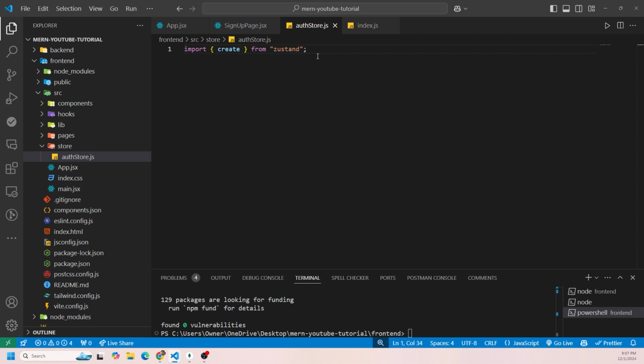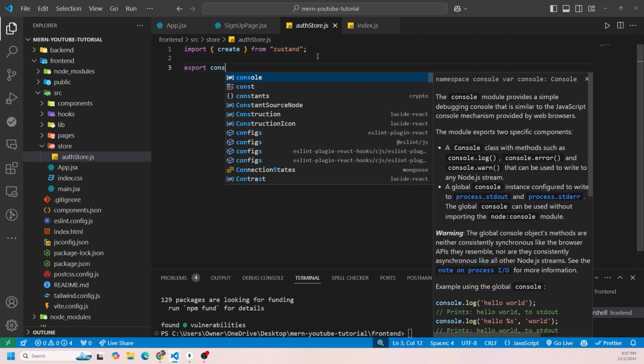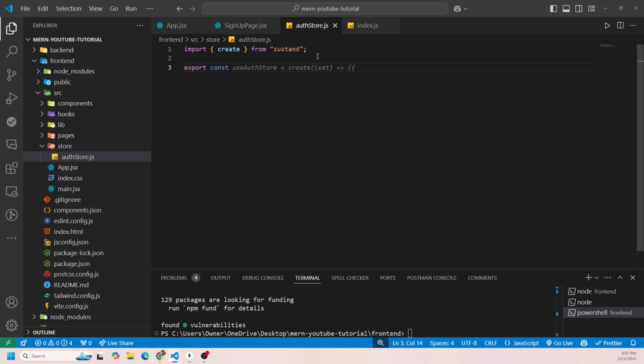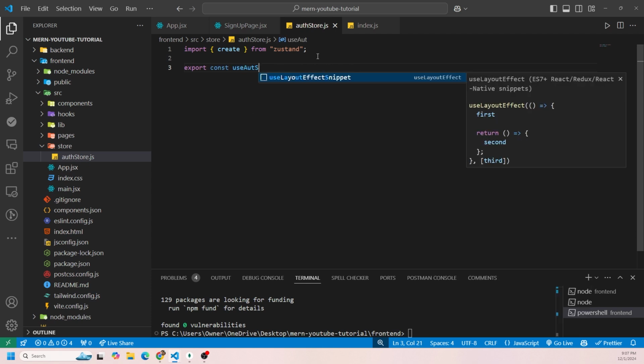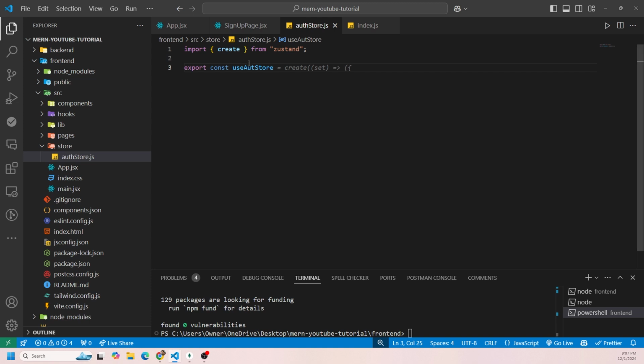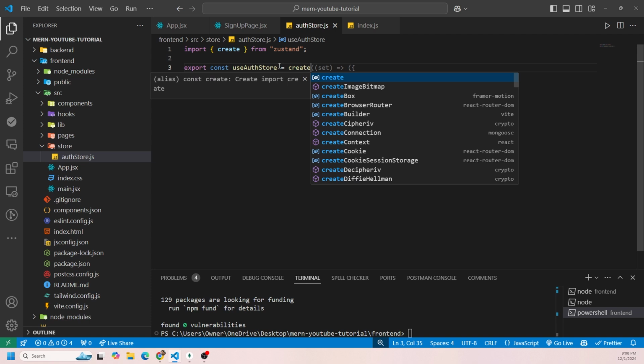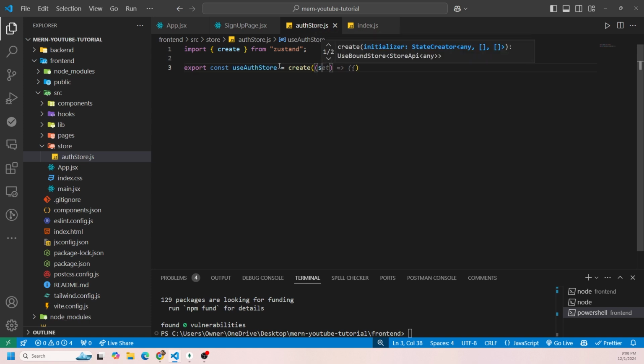And what we're going to do is create a function. So export const useAuthStore. It is very important to use the word "use", because this is what every hook uses in React, like useState, useEffect, and any custom hooks you create, you must use the word "use" in front of the function. So it's useAuthStore, and it is going to equal create, the thing we imported at the top. And this gives us access to the